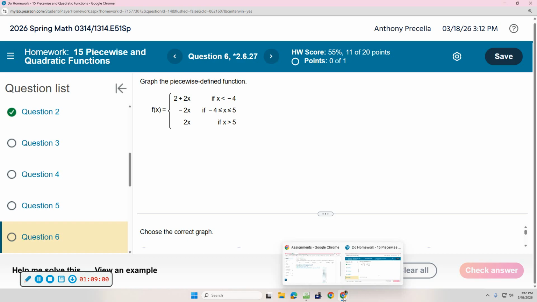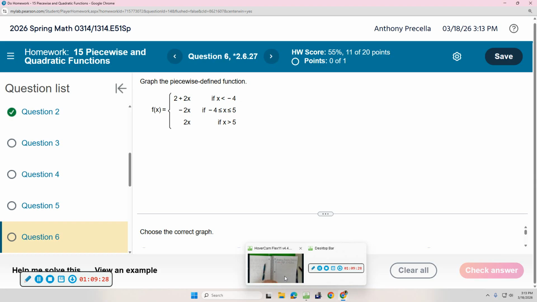I'm going to do this one in green, negative 2x if x is greater than or equal to negative 4 and less than or equal to 5. Oh yeah, you're right. If x is between negative 4 and positive 5 inclusive,